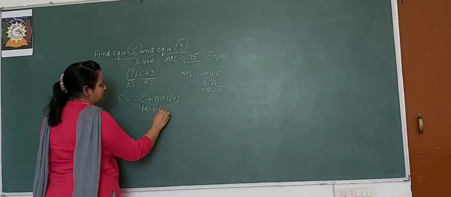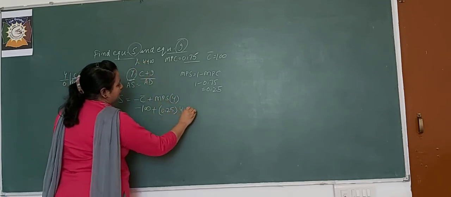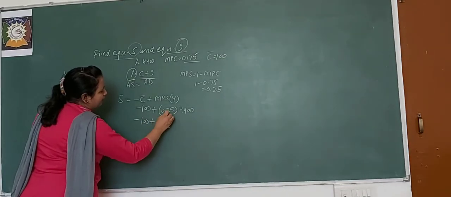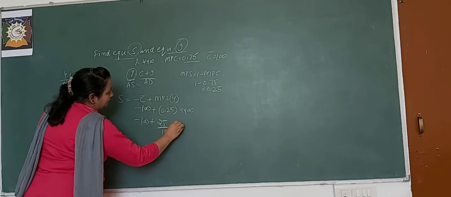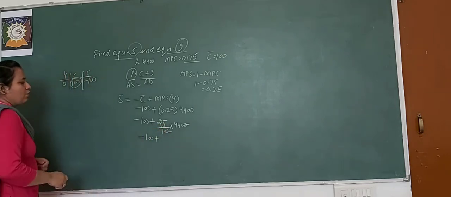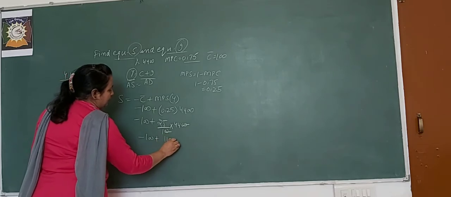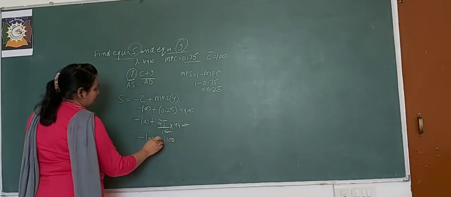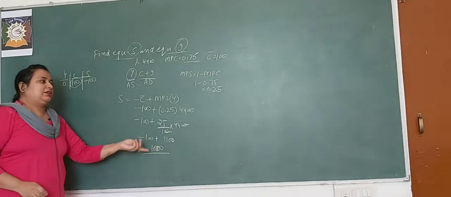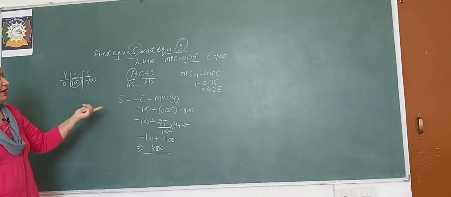So I will put 0.25, level of income is given 4400. So let us solve. 25 point will remove by taking 100. Here we have minus 100 plus. Now what you have to do? You will multiply it, that will be 1100, and it will be the 1000. अब सेविंग कितनी आ गई आपके पास? 1000. What you have to do? You have to show investment also. आपको क्या निकालनी है? इन्वेस्टमेंट भी निकालनी है.